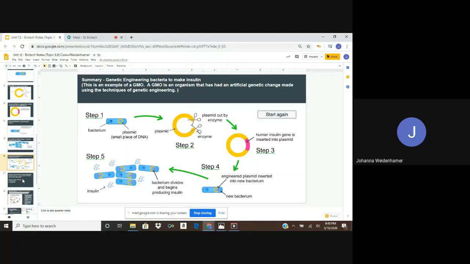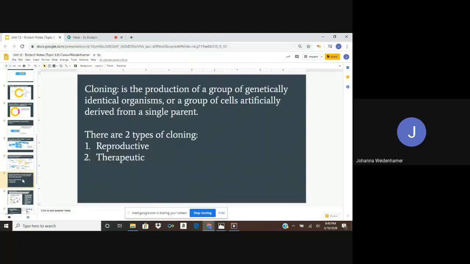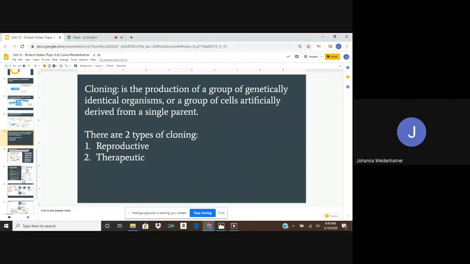Of genetic engineering. Our next topic is going to be cloning. So far we've talked about gel electrophoresis, and we've also talked about genetic engineering. Next up, we're going to take a look at cloning. Before we get into the steps of cloning, let's take a look at a definition of what exactly cloning